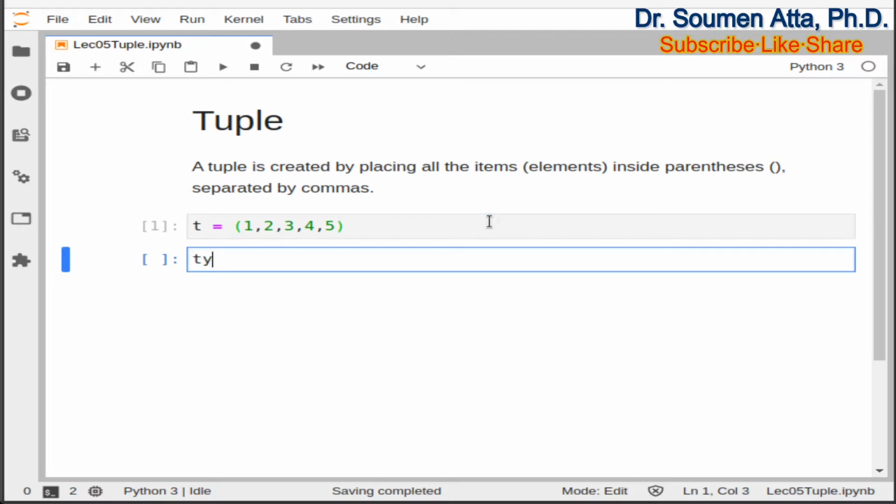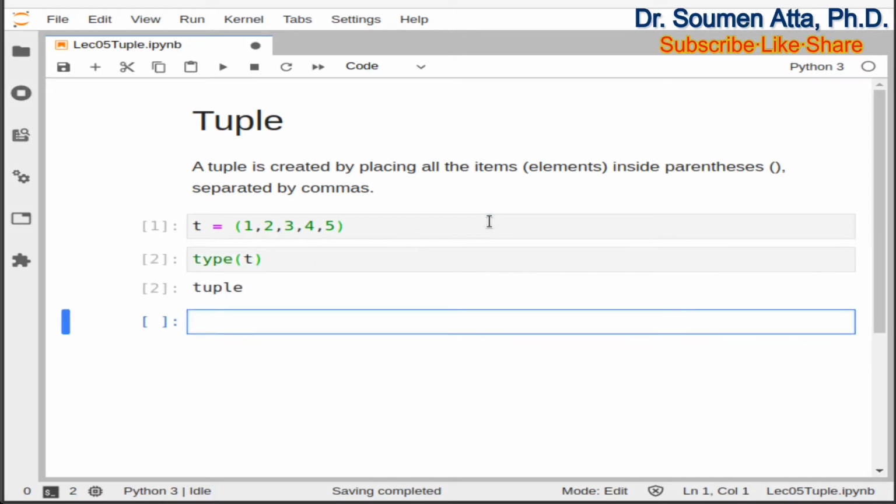You can use the type function to check the type of the variable t, and here you can see it gives you tuple. A Python list is created using square brackets. Like if x is a Python list having 5 elements 1, 2, 3, 4 and 5, then we can create the Python list x like this: 1, 2, 3, 4 and 5 within the square brackets.